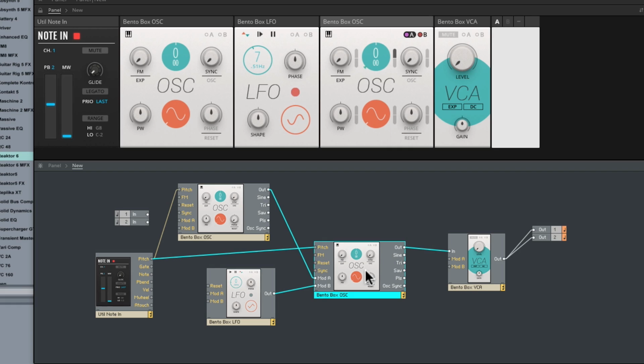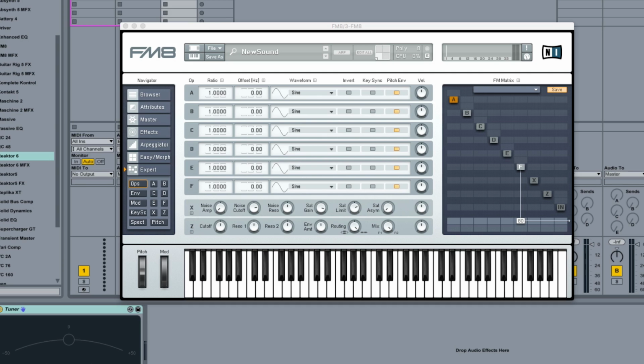Now I've just got one carrier and one modulator in this Reaktor Blocks setup. In FM8, we've got 8 operators that we can use as either carriers, like F is at the moment, carrier, carrier, carrier,